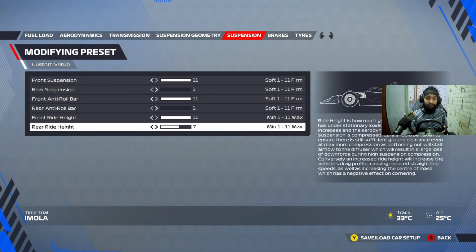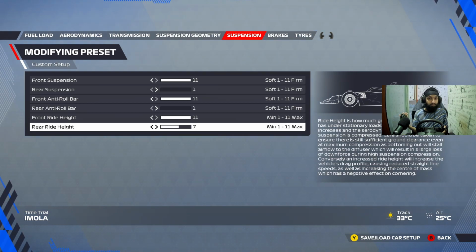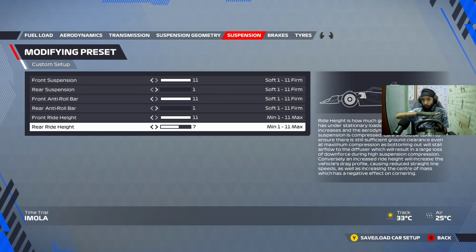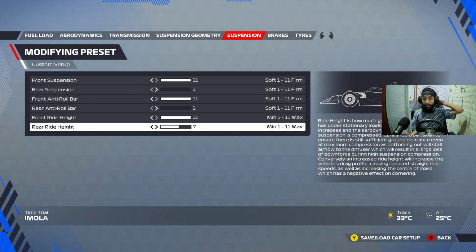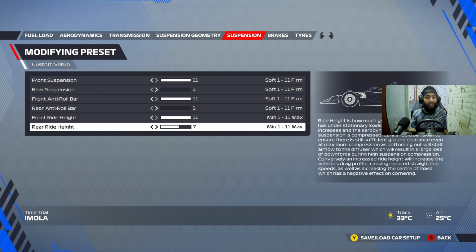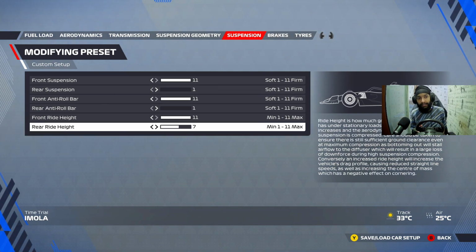Also on acceleration at high speed, having slightly higher ride height will be beneficial, but at slower speed you want something lower so the car sits lower to the ground. That's going to increase your downforce generated on the rear. However, as you know, if you carry enough momentum into and out of the corner with these ground effect cars, you will have a lot of downforce already generated. Hence why you can always drop the rear wing, drop the front wing, run lower downforce,